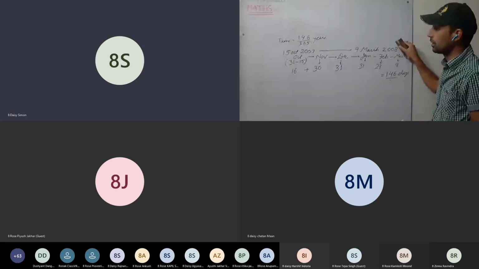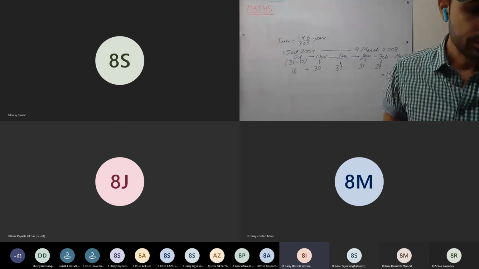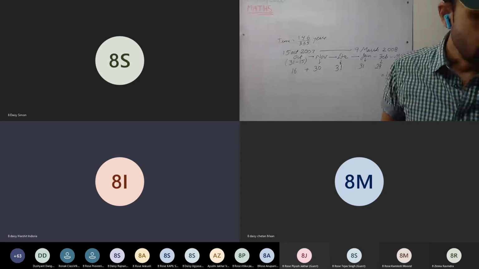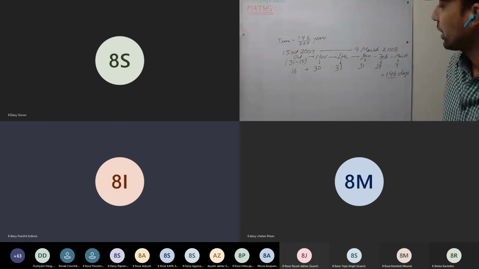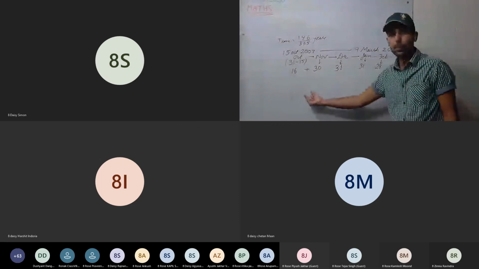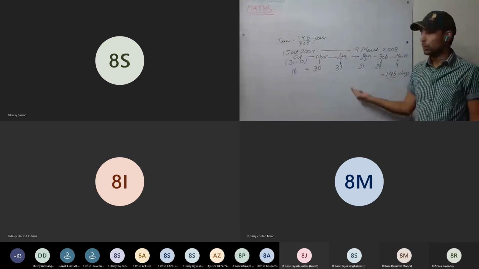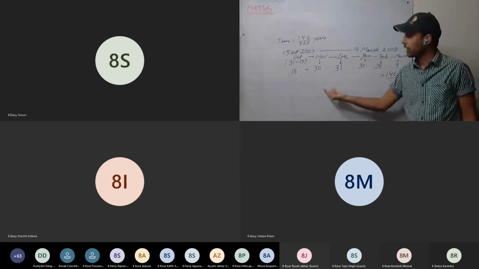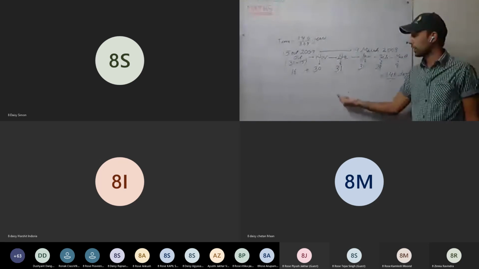Sir, is this clear? Now fourth question. Do the fourth question. Find amount. So in this third question, we have to find amount. How much would this much amount to? So amount, what you will do? Principal plus simple interest. So we have to calculate amount. So simple interest you got. Now add the simple interest to the principal. Okay. Do that question.